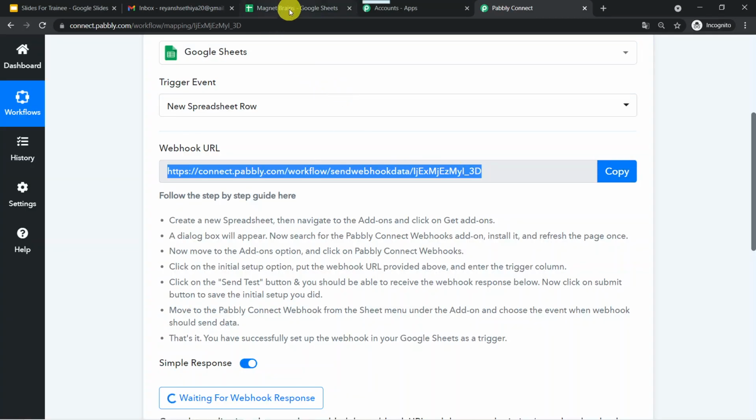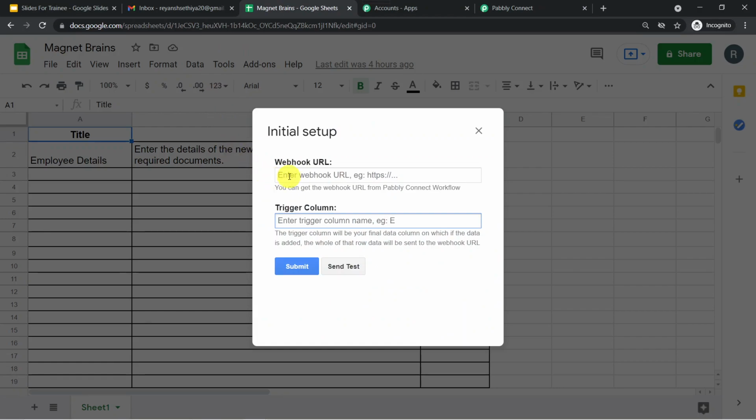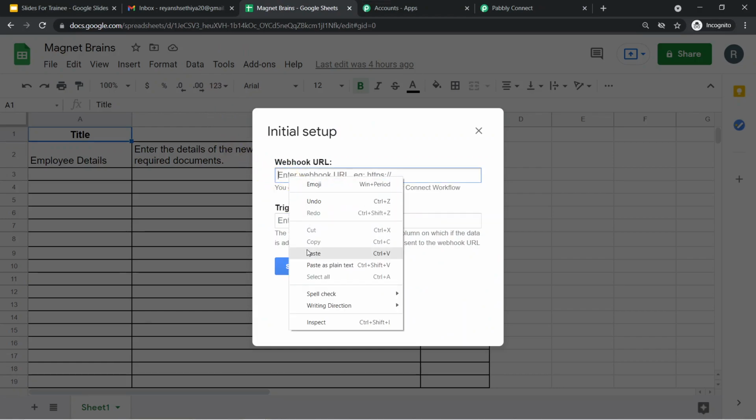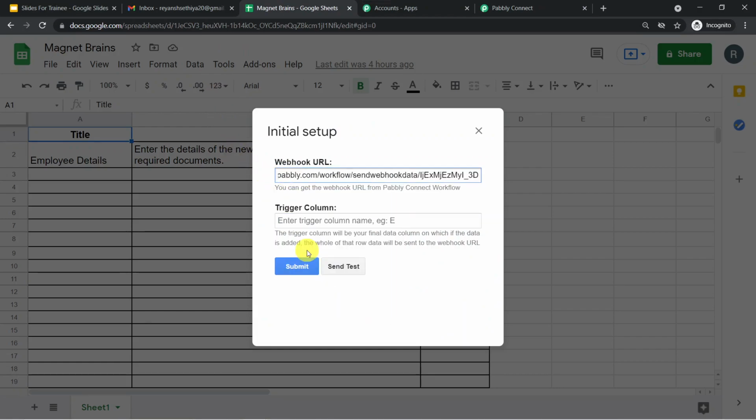I will be going to my Google Sheet again, and here I am going to paste the same URL. Now it is asking for a trigger column. The trigger column will be your final data column, so that when data is added, the whole row's data will be sent to the webhook URL. It means I have columns till A, B and C. I am just closing it to show you again.